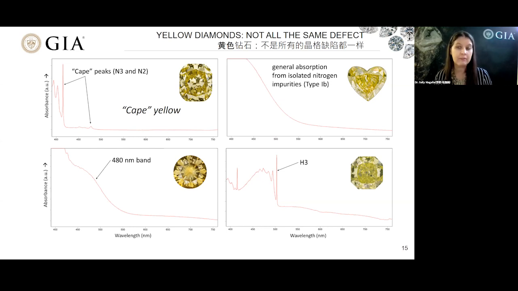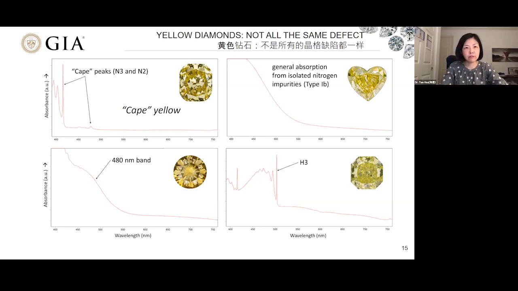And it's due to the presence of the N3 defect, which we mentioned on the last slide, and its associated peak, the N2 center. 左上方这个叫开普系列，是行业里比较有名的词，大概70%的彩色黄钻都是这种原因造成的，就是出现了N3这个晶格缺陷，还有一个相伴的吸收峰，N2。当这两个出现的时候，就叫开普系列的黄钻。